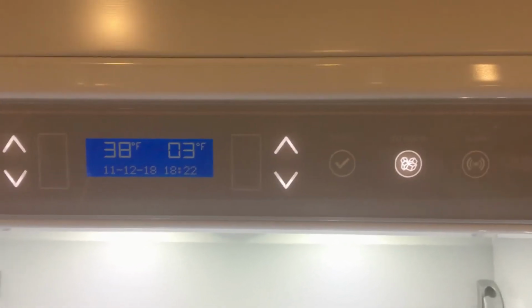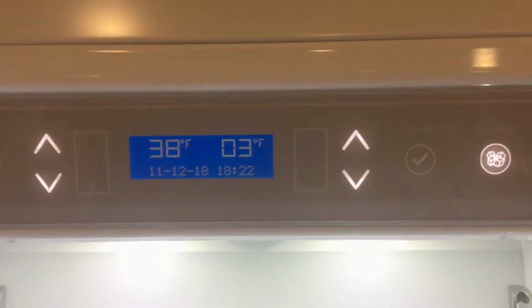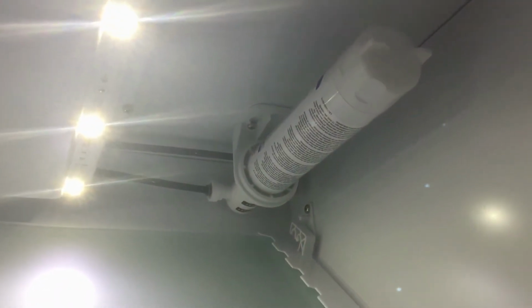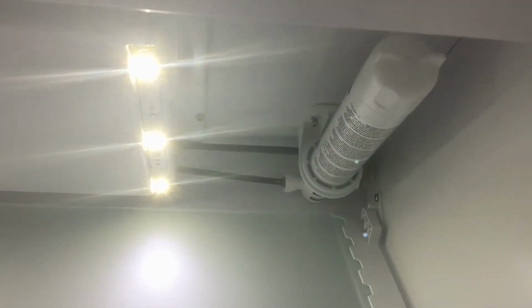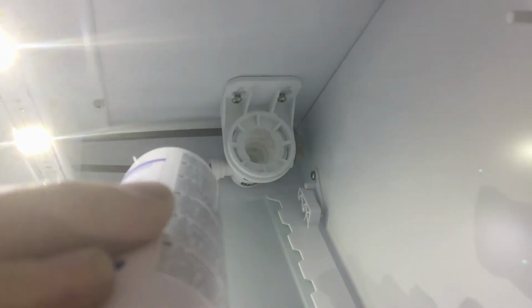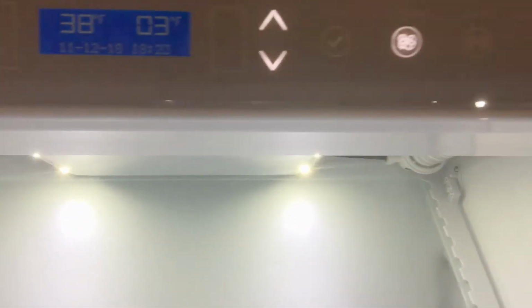Anytime you have a flashing alarm icon, you're going to have a corresponding message on the display. In this case it's replace filter. And the filter is located up inside the cavity, so you would physically replace the filter, quarter turn, and then you can release it. There'll be a little bit of water that comes out, but don't worry, it's a sealed valve. And you place the new filter in place, quarter turn to the right,